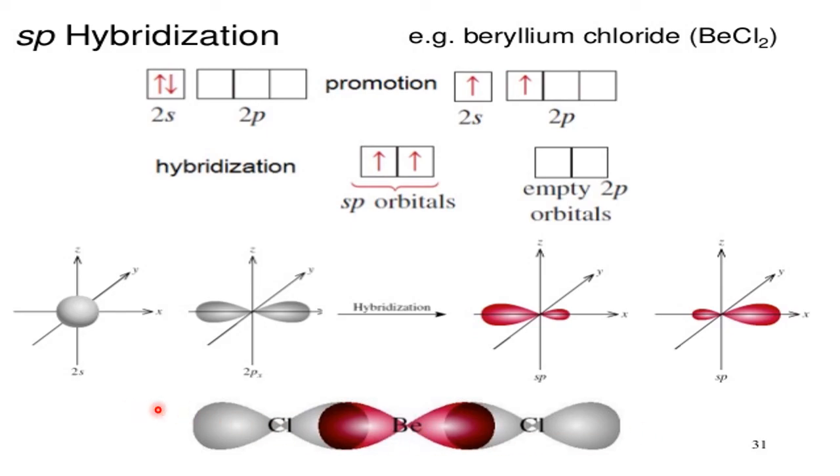So the shape of beryllium chloride is linear because of what? sp hybridization. Whenever sp hybridization is there, it will go for a linear structure. So today we learnt about type number 1. What is type number 1? Type number 1 is sp hybridization. The example is beryllium chloride. Many more examples will come for sp hybridization, but today we learnt only one type.